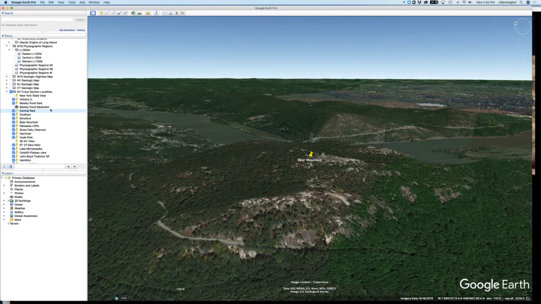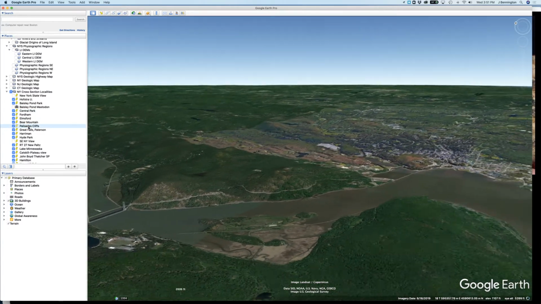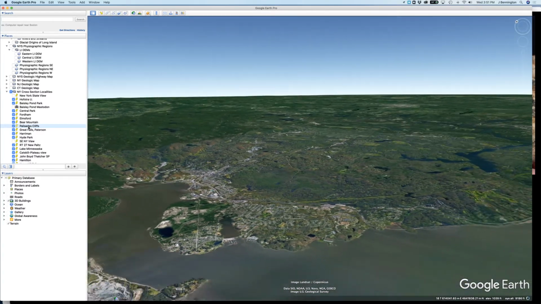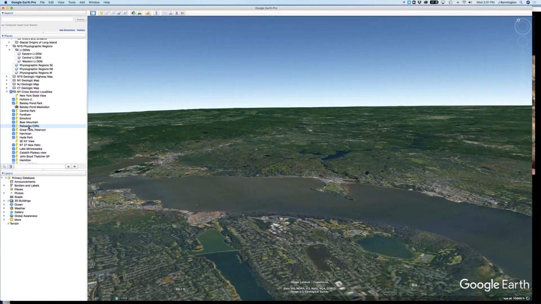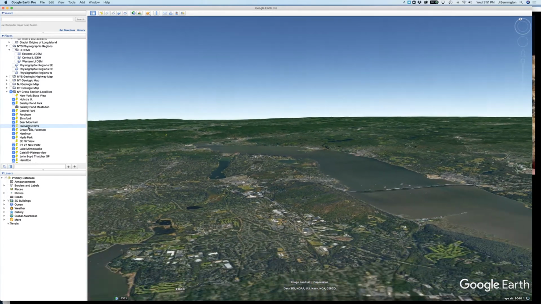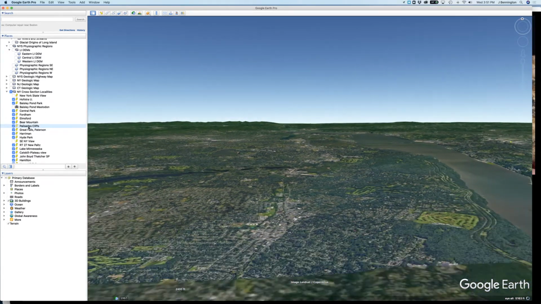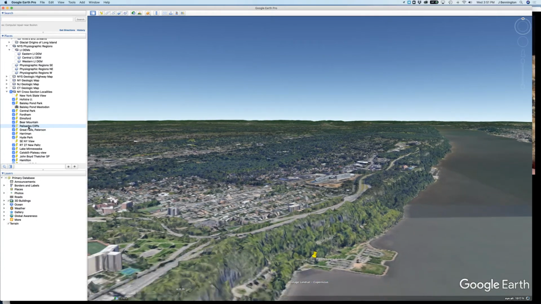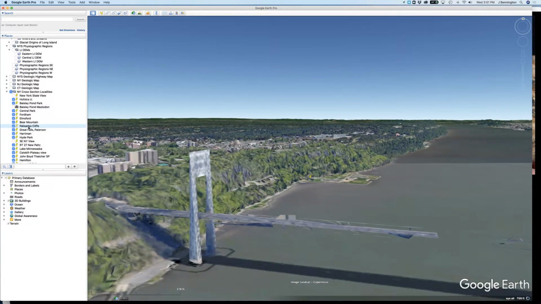All right, from the Hudson Highlands, we are going to backtrack a little bit. We are going to go back down to the Hudson, and we're going to take a quick look at what's lying across the Hudson River from Manhattan Island, and that's